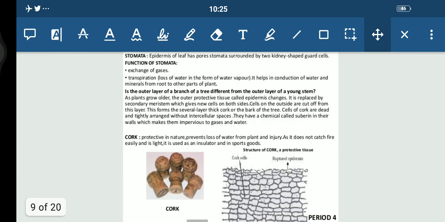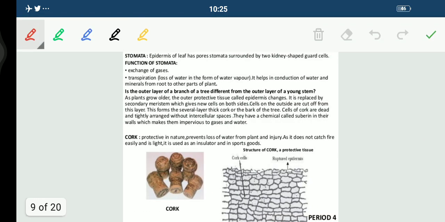Next we have, students, a very important point, stomata. We should know what stomata are. So the tiny pore-like structures, you can see these are the stomata. Fine. These are the tiny structures and these are the stomata. Something like this, a kidney shaped cell, this is the stoma. These are the two guard cells. We have already discussed this. And they are basically in the epidermis of the leaf, the uppermost part of the leaf. They are covered with a lot of kidney shaped pores. Fine, so they are known as stomata.